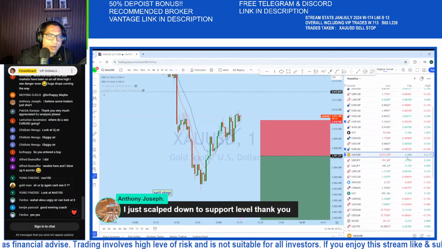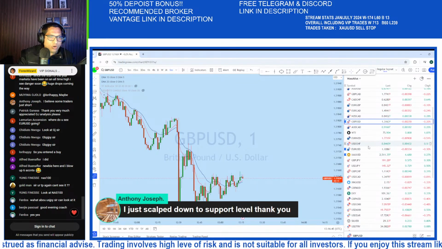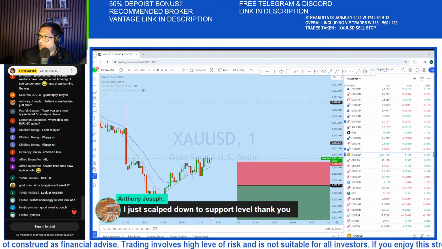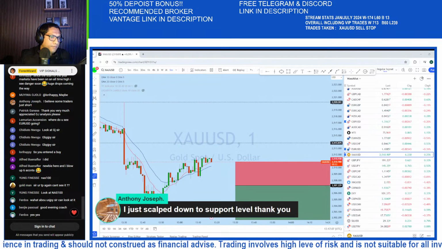Okay, so British pound, US dollar, and gold after this move, and we can see that this is a very strong rejection from here, and if we look at gold,